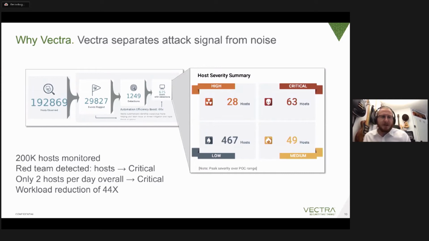So this is a result of a POC I did with a customer. We had there nearly 200,000 hosts. These hosts generated something like 30K events. And that would be the number you would see in a SIEM solution. What we do with Vectra is we group those events to detections. And so you see already a big efficiency boost to the detections themselves.